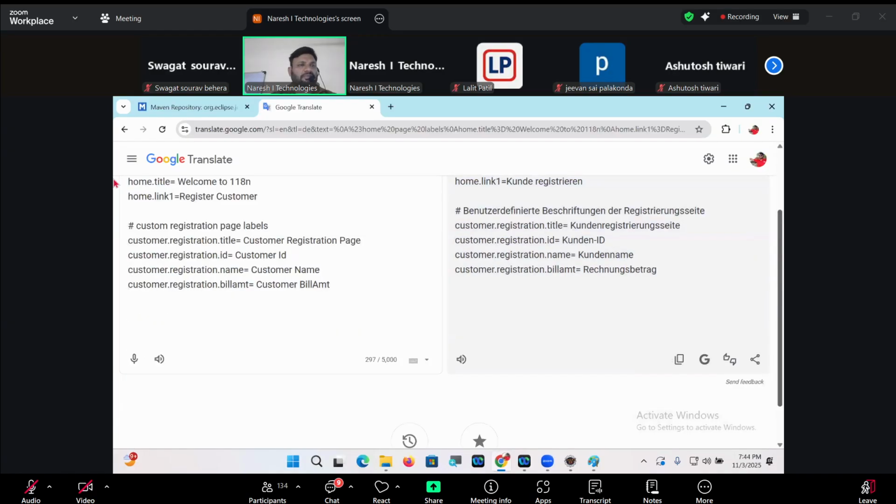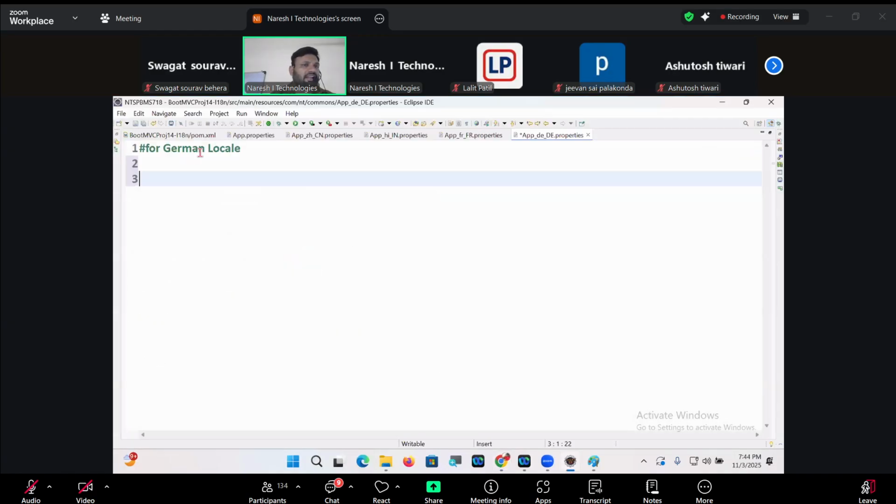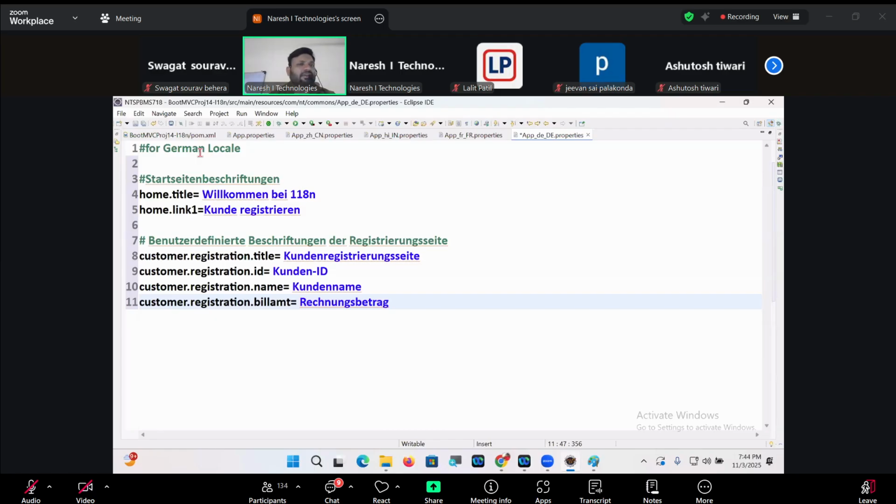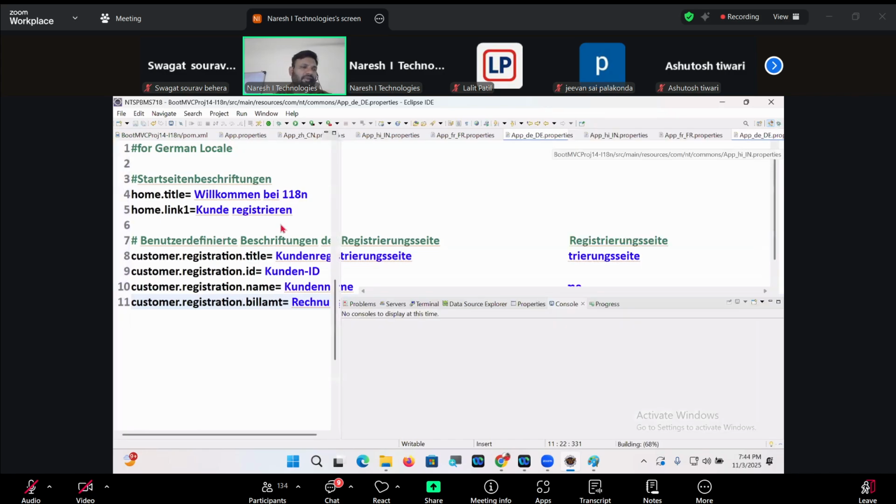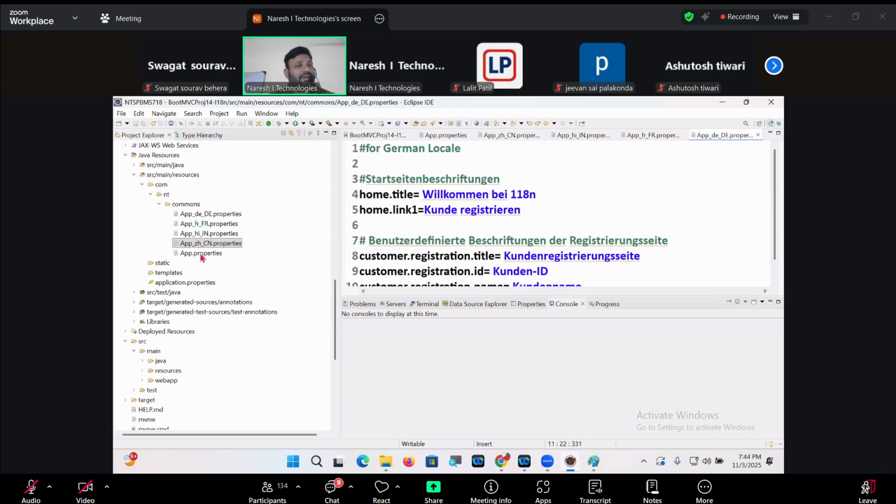This is for German locale. Home dot title, home dot link one, registration dot title, ID, name, bill amount. Clear? Super. This is app dot properties.